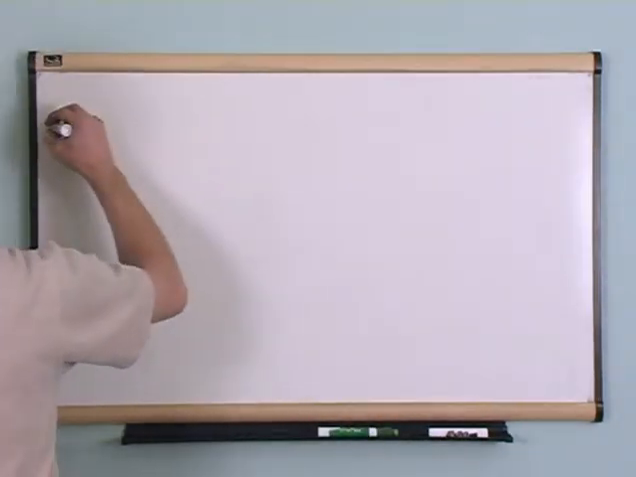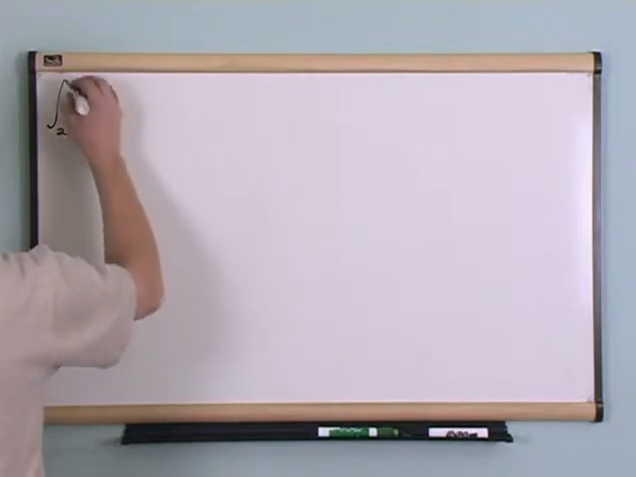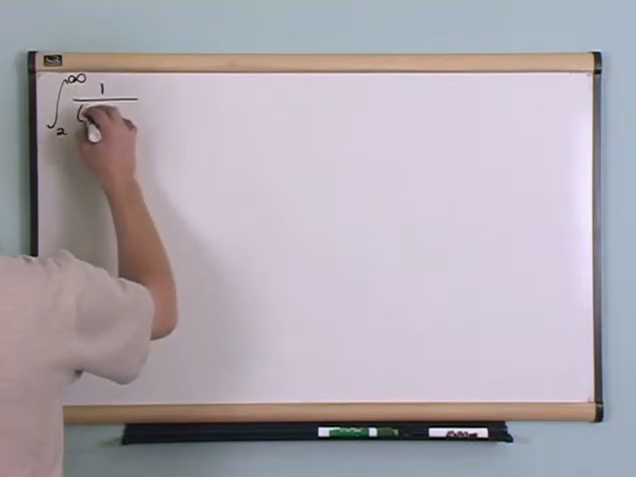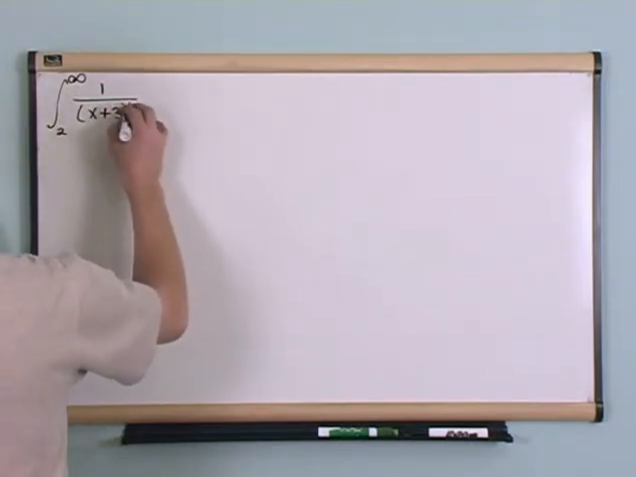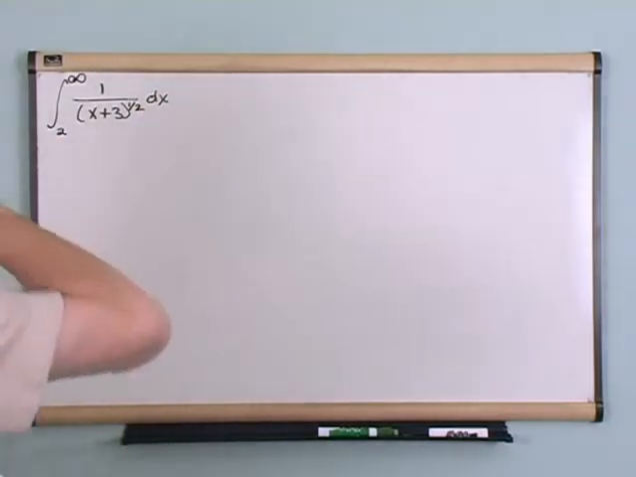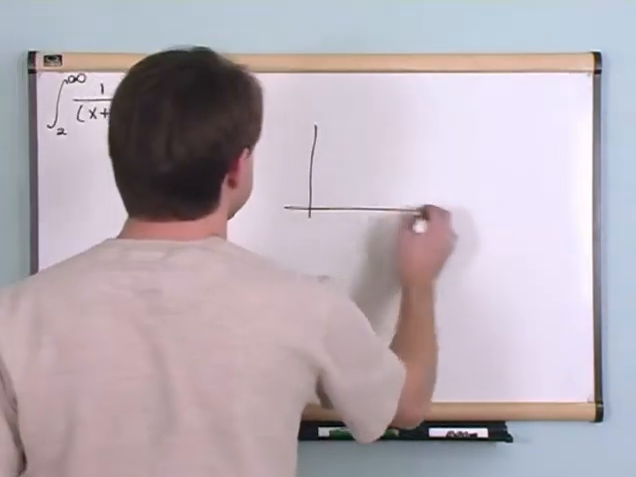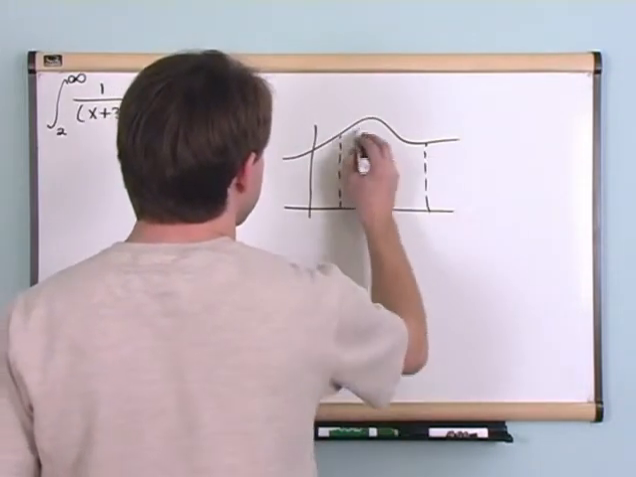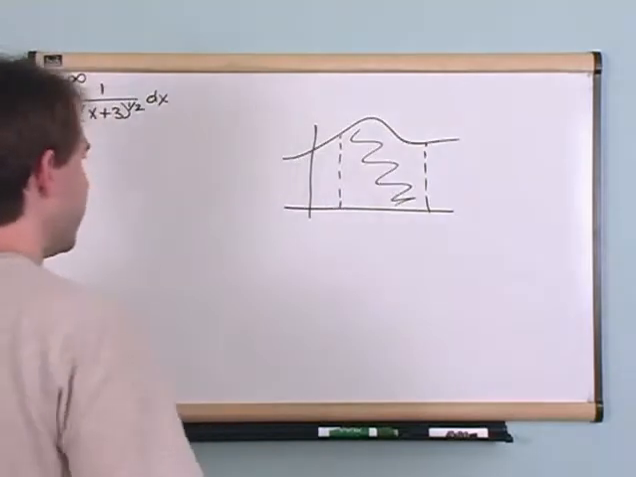You have the integral from 2 to infinity, and we'll talk about what that means in a second, of 1 over (x plus 3) to the 1/2 dx. First, you might ask, well, what the heck does that mean? Usually, you have an integral. Here's some function, and you're looking at the area between two points like this,